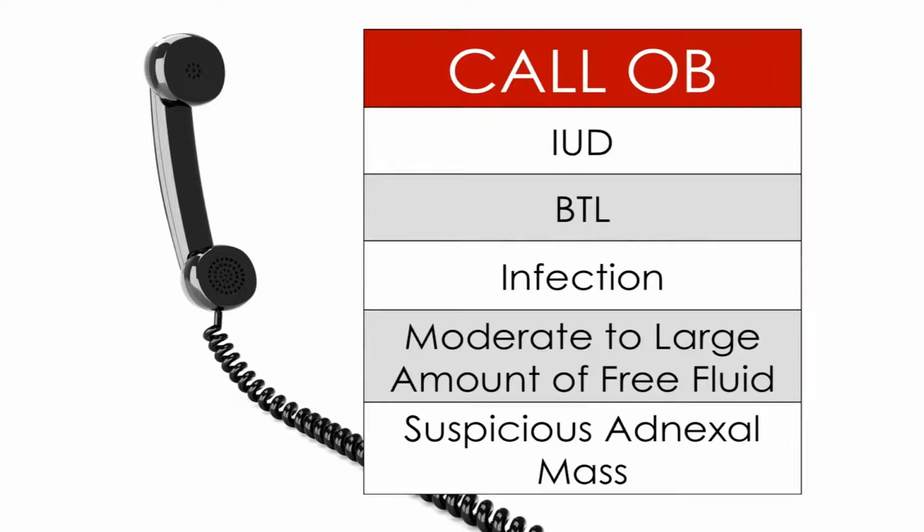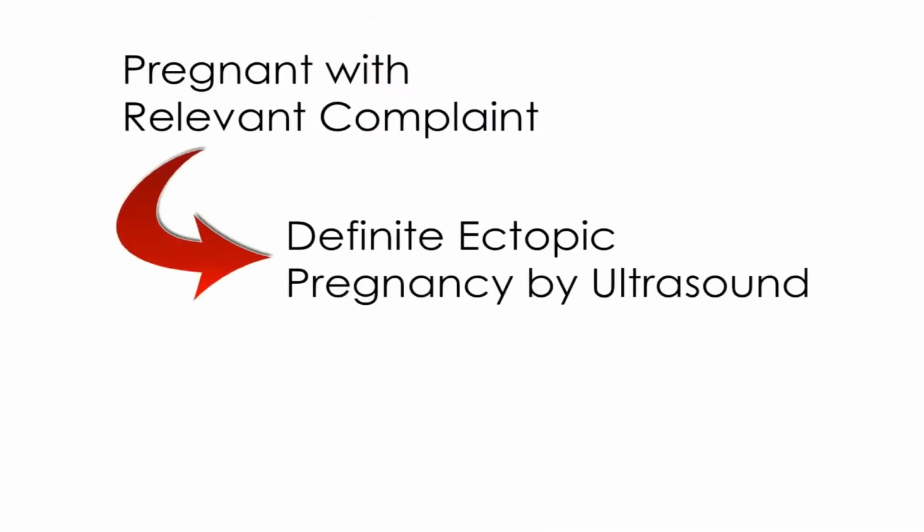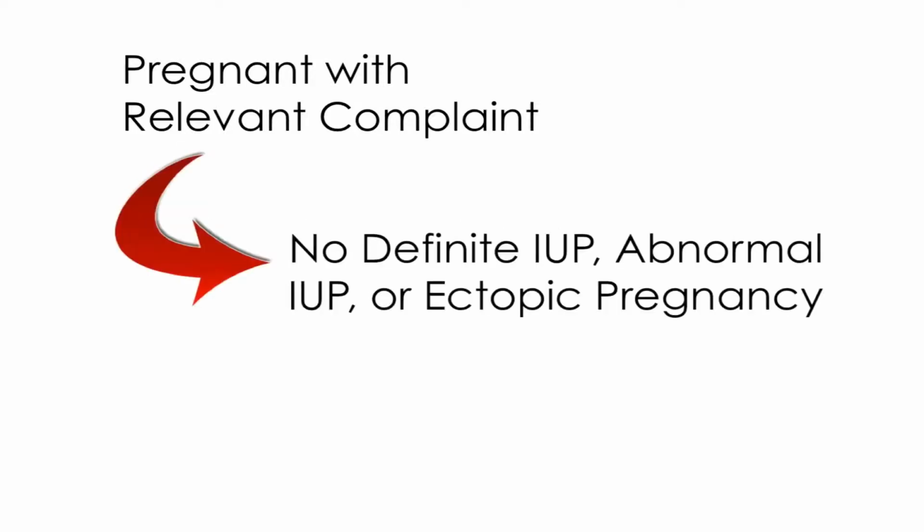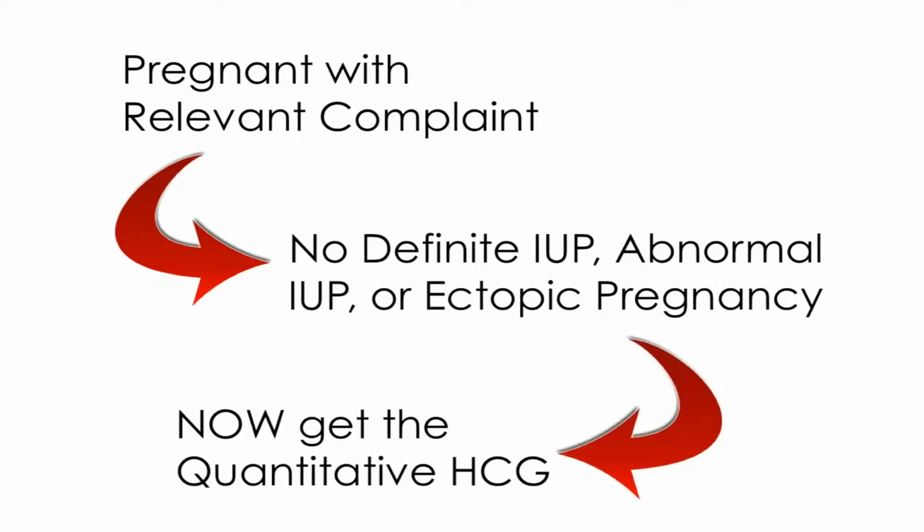They include intrauterine device, history of bilateral tubal ligation, infection, moderate to large amounts of free intraperitoneal fluid, or a suspicious adnexal mass. If the patient has a definite ectopic pregnancy, then you would obviously consult obstetrics immediately and prepare the patient for surgery. If the patient does not meet any of these criteria, then the HCG level should be